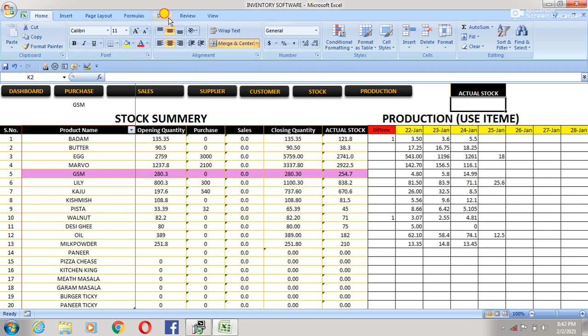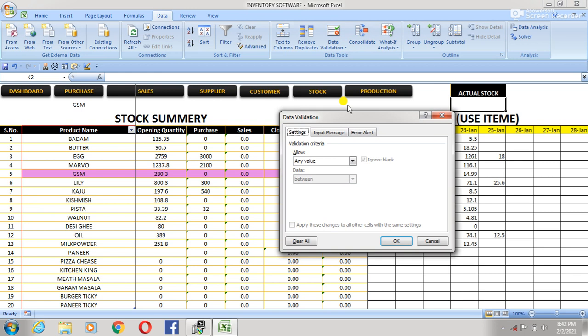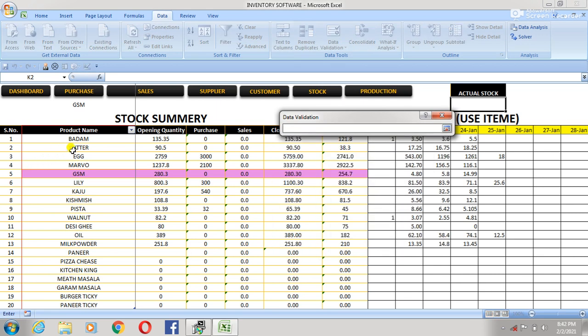After that, go to the Data menu, Data Validation. So select from this list, the List option, and the source will be from here to there.